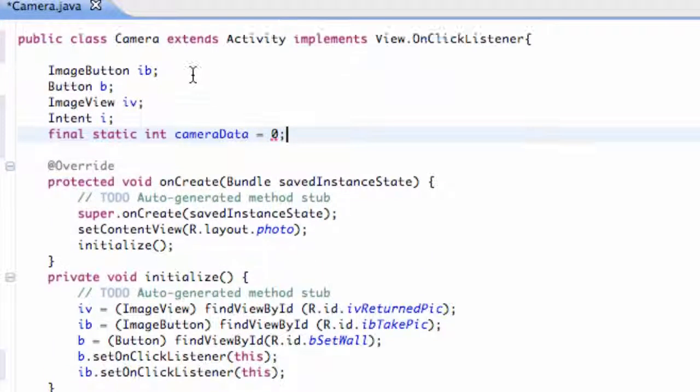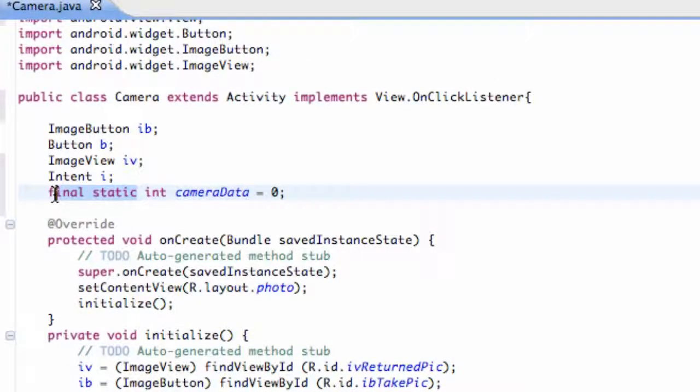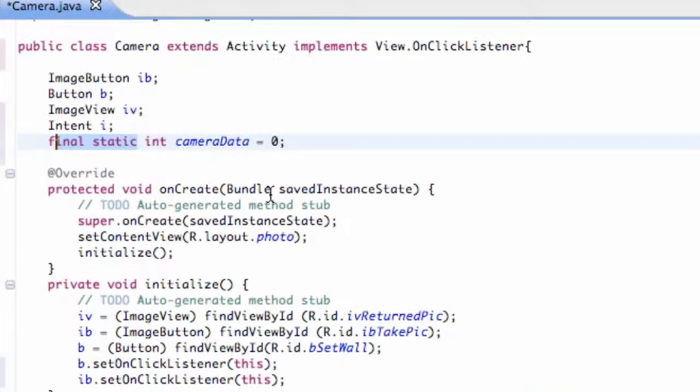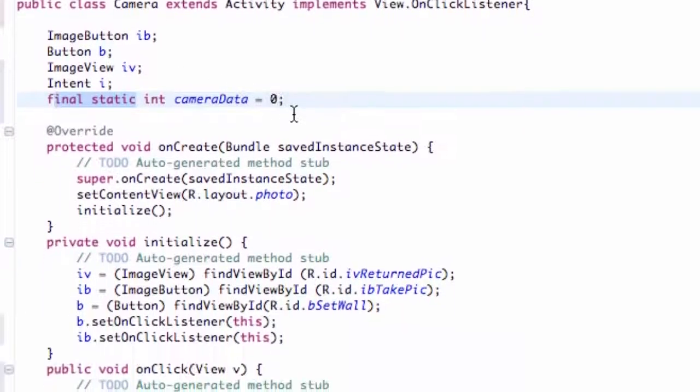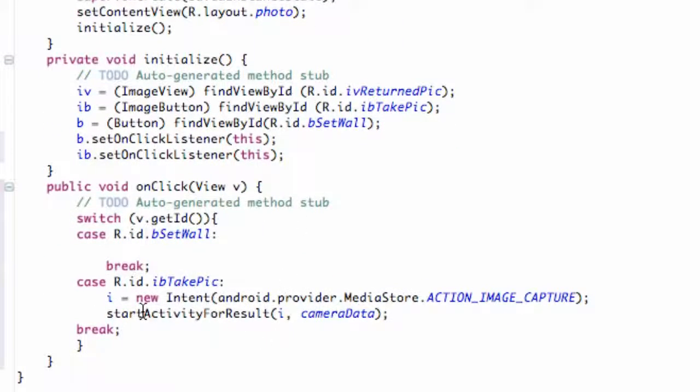Don't worry about that, that's for Java for the moment. But basically we set up an integer variable that's equal to 0, and then we're going to start an activity for the result and pass in an intent, which will be opening our camera activity, and then we're going to get some data back. I'll show you guys how to get that data back in the next